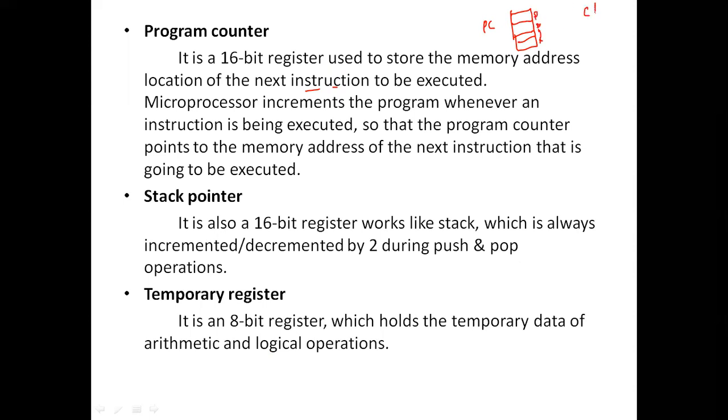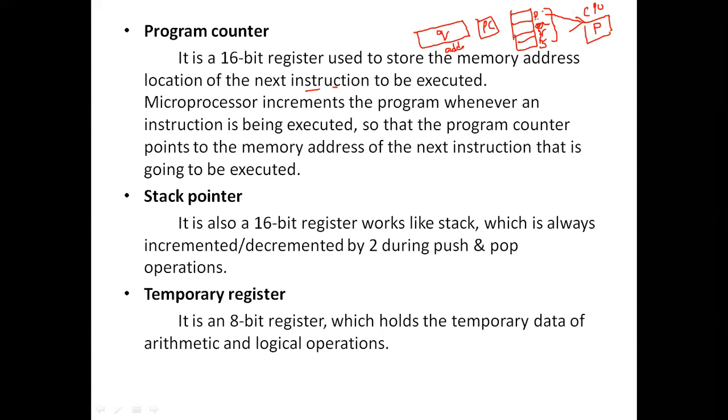Now the CPU is going to execute one instruction after another. The instructions are P, Q, R, S. These are the four instructions, and the CPU is currently executing the P instruction. The program counter will hold the address of the Qth instruction, that means the next instruction to be executed.